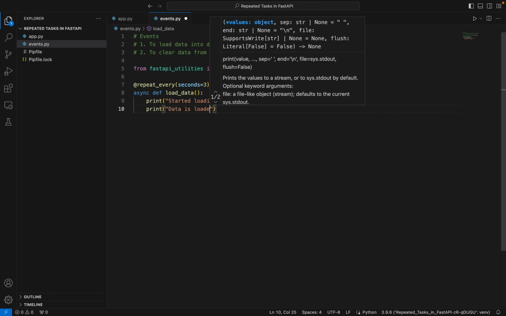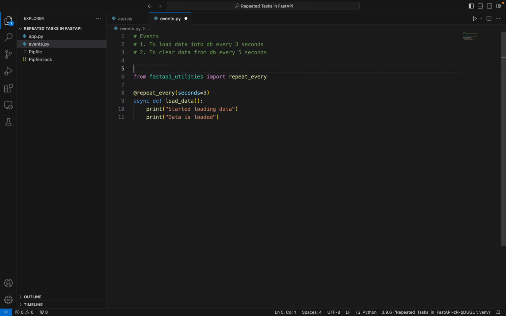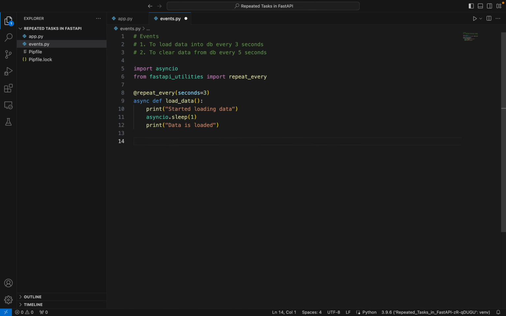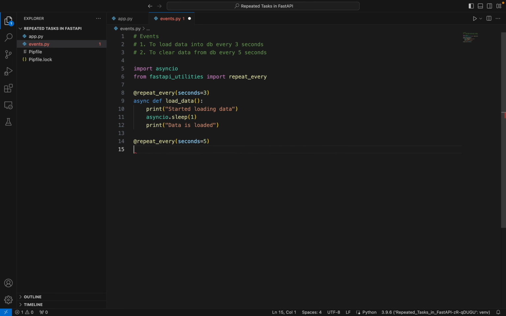Data is loaded. Suppose, let's just make it a bit more interesting. Suppose this task takes some time and we'll just make it sleep for 1 second. And our second event is to clear data from DB every 5 seconds. So we can just pass it 5 and async def clear data print